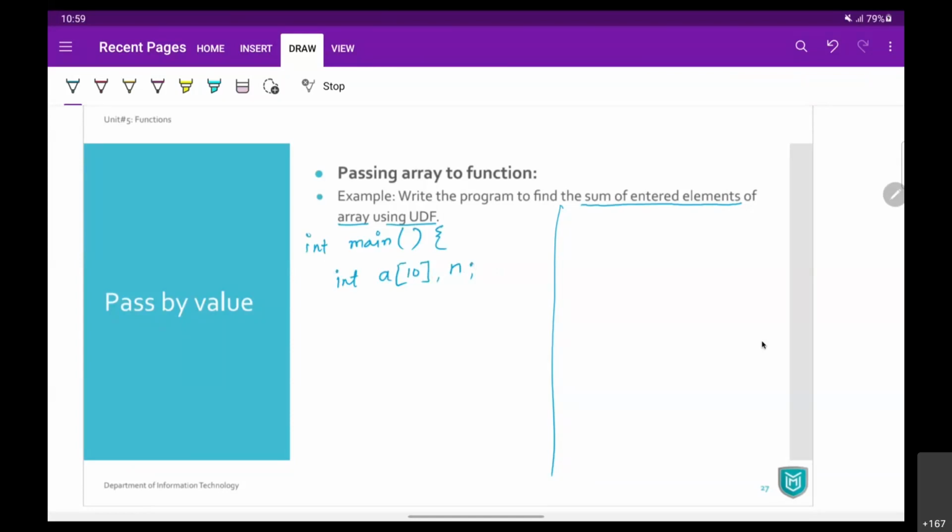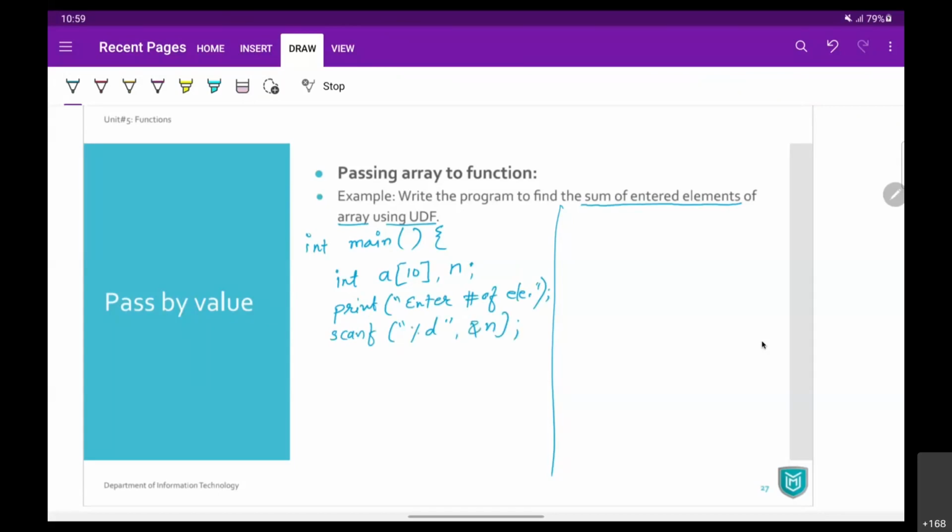Fine. Let's say these two are the numbers we require. So first of all, we'll ask user to enter number of elements, right? So user is going to give you that number of elements. We'll scan it. So scanf %d &n.